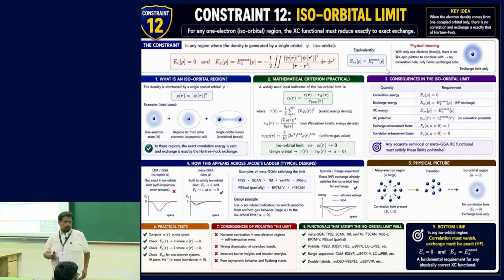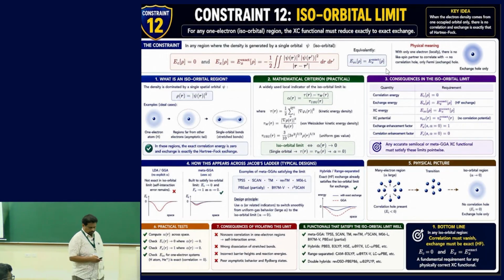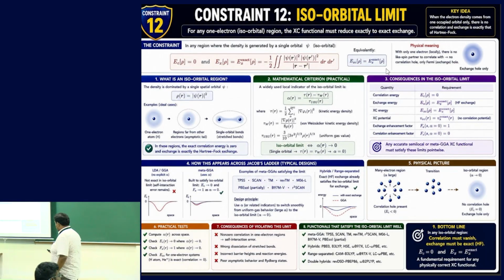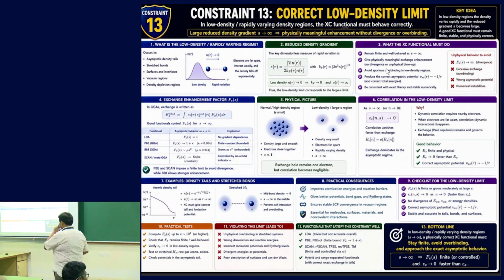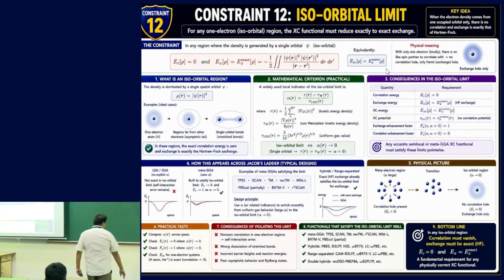localization thing. There is another quantity called electron localization function, okay. It is helpful for all this one-electron thing. Derivative discontinuity means you are doing this thing